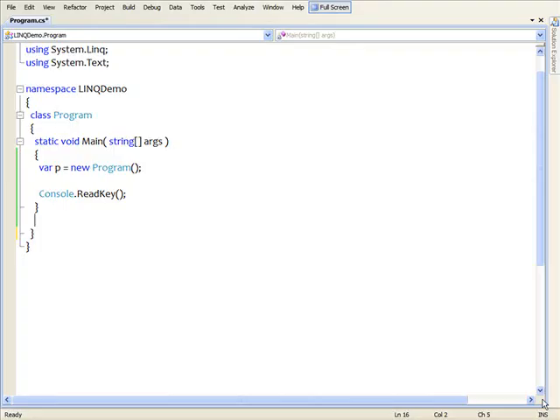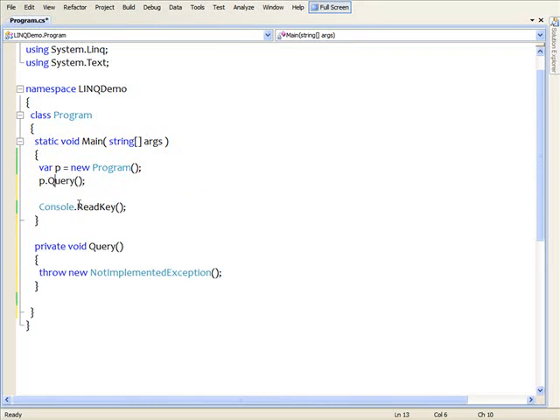Let's do our demo. I have over here Visual Studio 2008 running with the .NET 3.5 framework and C# 3.0. I've written just a bare bones part of a standard console application, and I'm going to begin by invoking a method that I haven't written yet, and I'll go ahead and let the compiler stub out that method for me. And we'll throw away the throw, and let's begin by